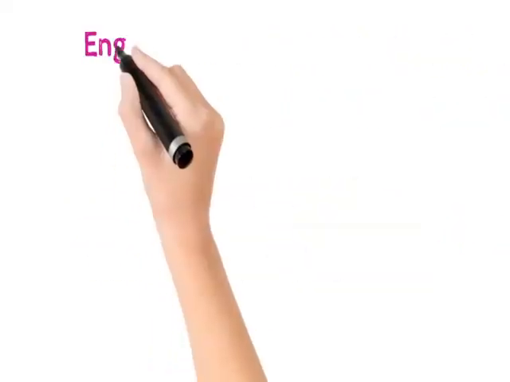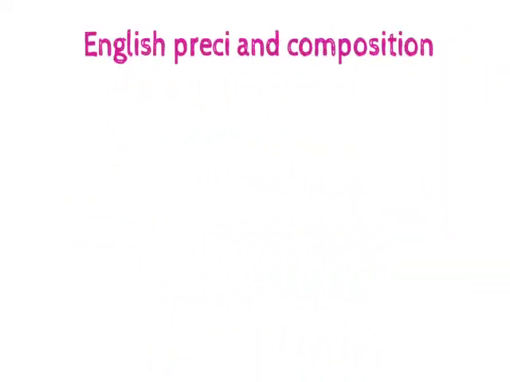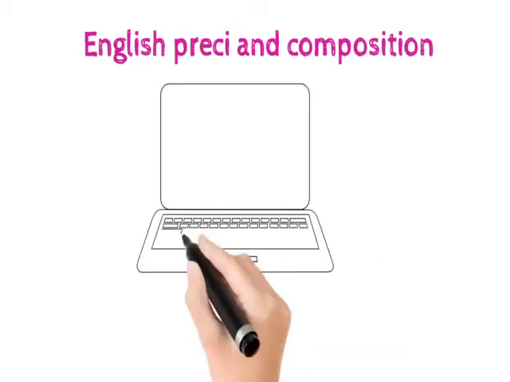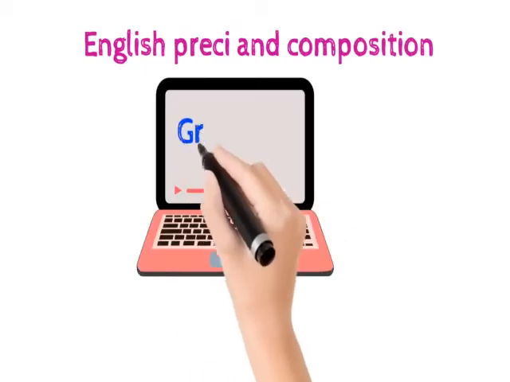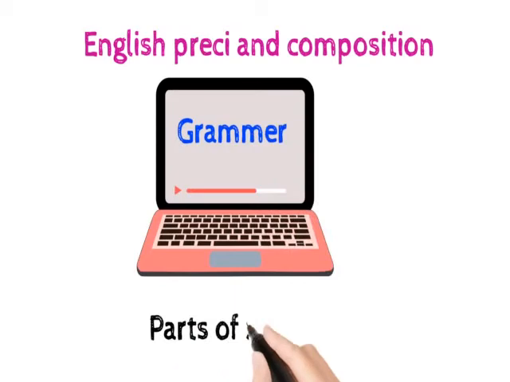English Precis and Composition. We will cover its syllabus in different sections. This time we have a section of grammar. Today we are going to discuss parts of speech. Let's start the lecture. There are 8 parts of speech. We will discuss all the 8 parts of speech in this lecture just as a short intro. But in the upcoming lectures, we will discuss all these parts of speech in detail and all their rules and